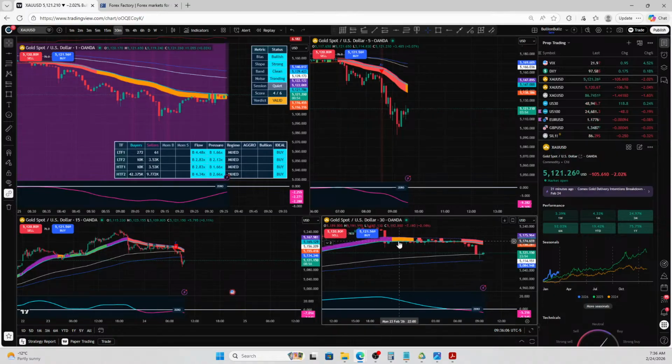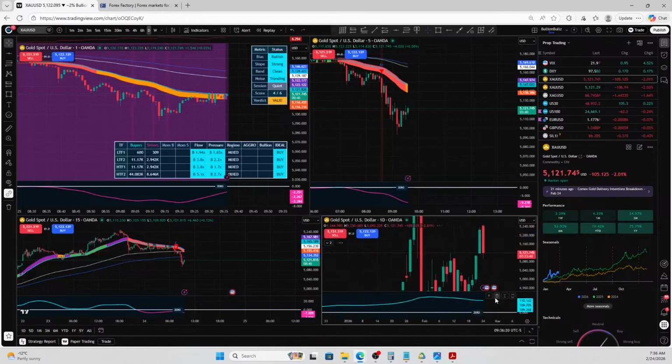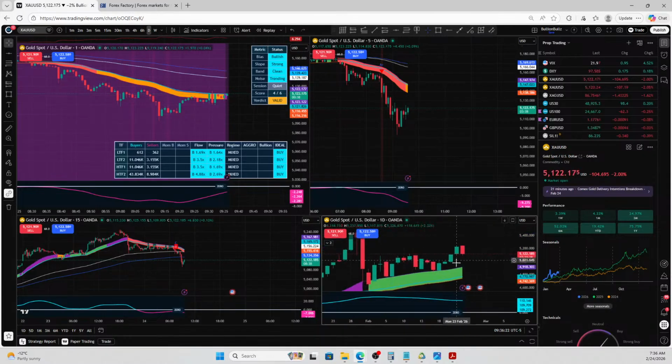Yeah, so this was all range. It was range bound. Anyone who tried to trade here would have gotten stopped out, which tells us there was low volume in the market. Whenever you want to check if it's a good day to trade or not, you can always go on your daily time frame to see how big of a candle it created. So the candle is comparable. So it kind of took away all this move that it did yesterday. So it tells me,